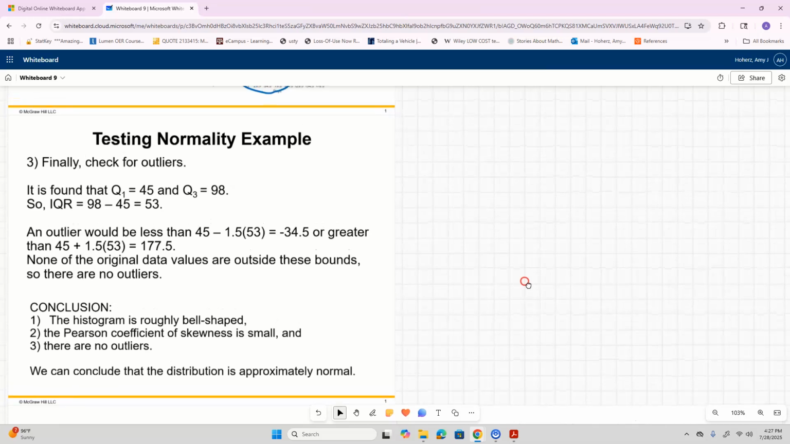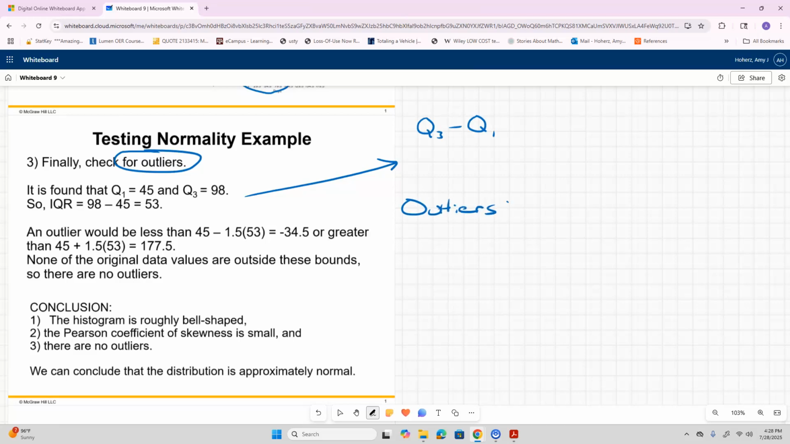Okay, and then finally, in order to be certain or comfortable that it is approximately normal, a researcher could check for outliers. So more calculations would need to be done. We've got a Q1 of 45, a Q3 of 98. And remember to get the interquartile range, which is what we need for the formula. Let me write down the formula. So the formula for outliers, you're going to do